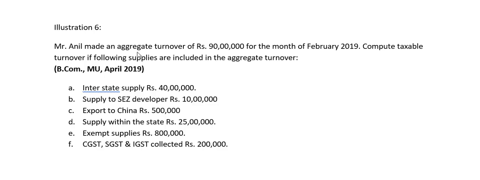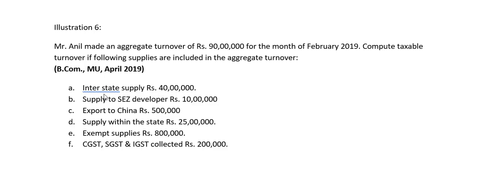So let's go. They have directly given the aggregate turnover. From this aggregate turnover, we have to find out taxable turnover. What is the problem here? They have included everything in this 90 lakh. Does taxable turnover include everything like aggregate turnover? No. Taxable turnover will include only those items on which we have to pay tax. So how can we find taxable turnover from aggregate turnover? Very simple. Take aggregate turnover, and from that, exclude all those transactions which do not attract tax. Deduct it, reduce it.